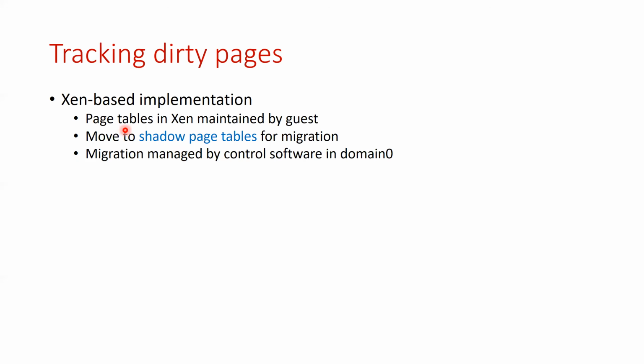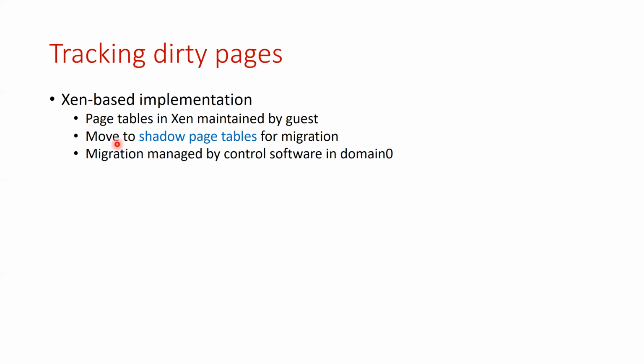So normally, if you recall, Zen does not normally use shadow page tables. In Zen, the original page table maintained by the guest itself has the guest virtual to host physical mapping. Because the guest OSs are para-virtualized, they're aware of virtualization. The guest physical to host physical mappings are exposed to them. So the guest itself can construct the final page table from guest virtual to host physical. So you don't need anything like extended page tables or shadow page tables in general in Zen, right?